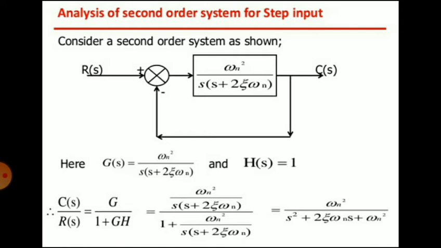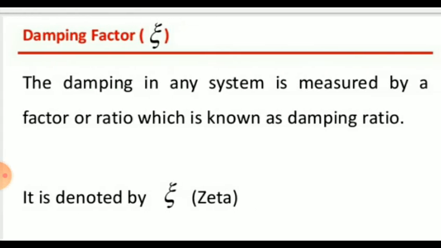In some systems, damping ratio will be low. In that case, the system will oscillate slowly. In some cases, the ratio will be high. The system will not oscillate. It takes a long time to reach the steady state. So this ratio, that is the damping ratio explaining such behavior, is denoted by a Greek symbol called zeta. So as we have seen here, that is the damping factor, zeta.